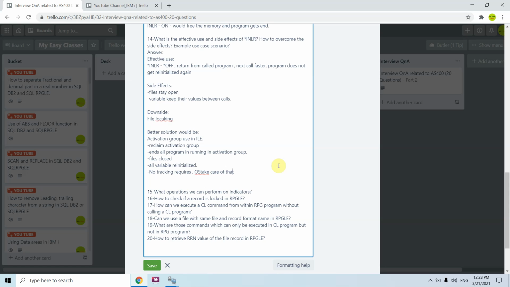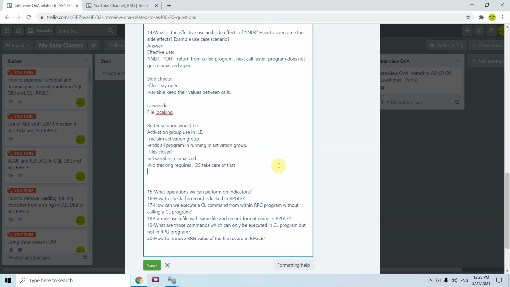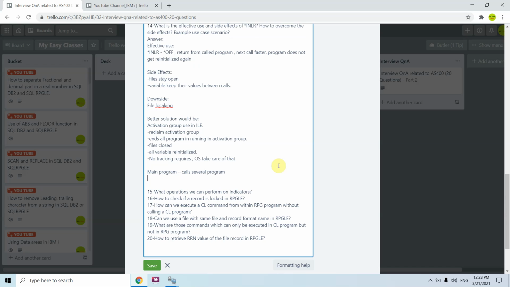So basically what you will be doing, for example, if there is a main program that calls several programs, the main program would be compiled with the activation group, just for example say *NEW, and all of the programs which are called from that main program would be compiled with *CALLER.